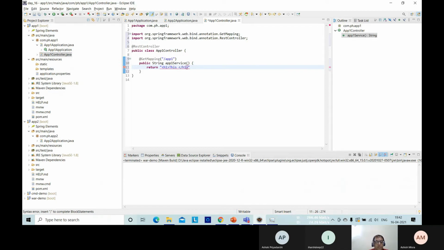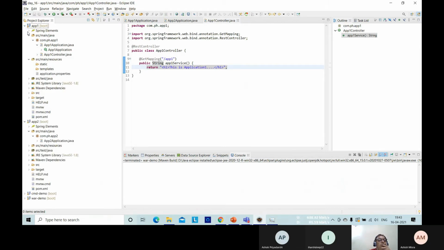This is application 1. Okay. Now see here, this is application 1. Return this, okay. So we created a controller.